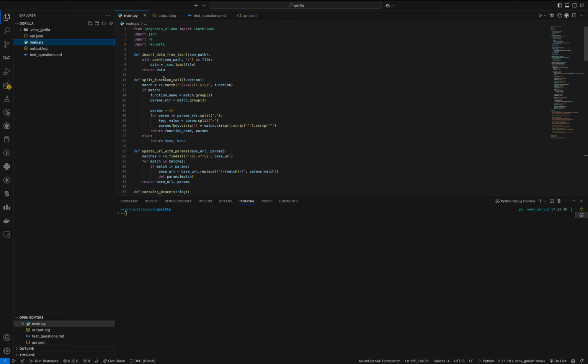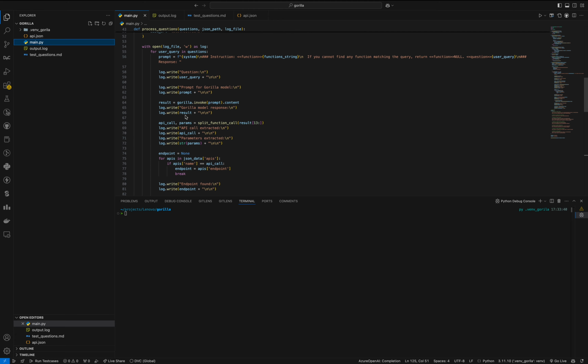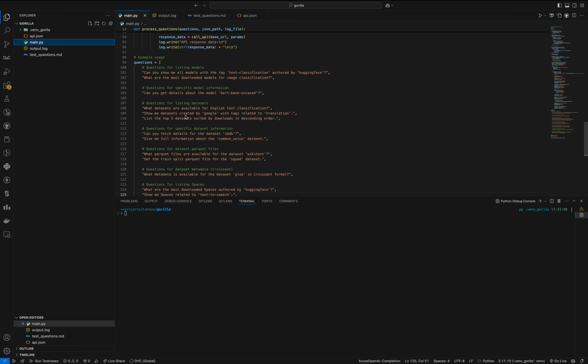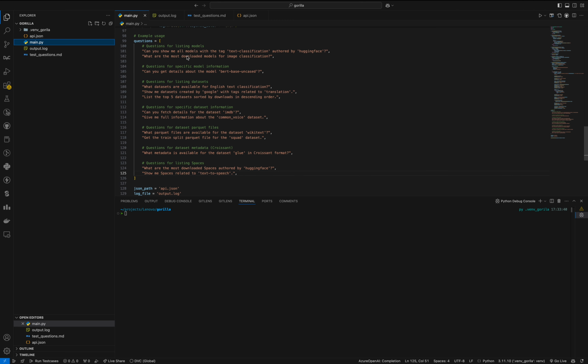the Gorilla model using Ollama, open this API JSON file, and pass it to the model so that we are able to generate. These are all the questions which are going to be passed to this model with the API.json. Once this is passed with API.json, the expected output is that the Gorilla LLM should give us the output of which API we should call and what parameters should be passed with that API. Those should all be defined by the